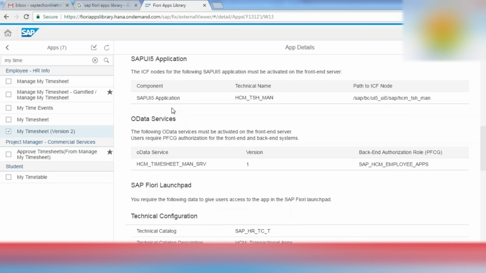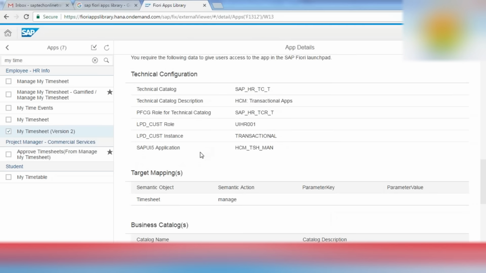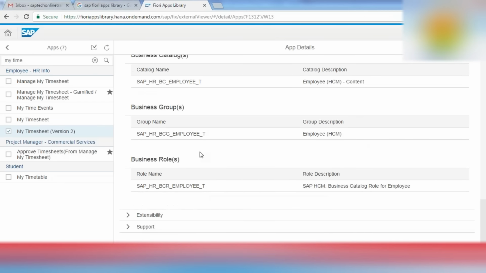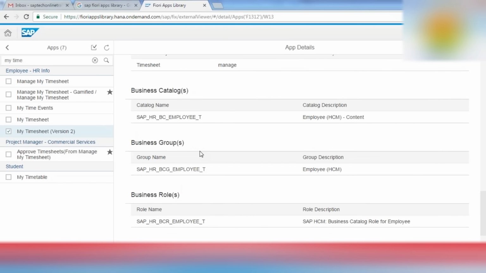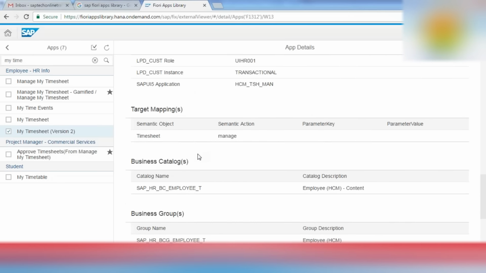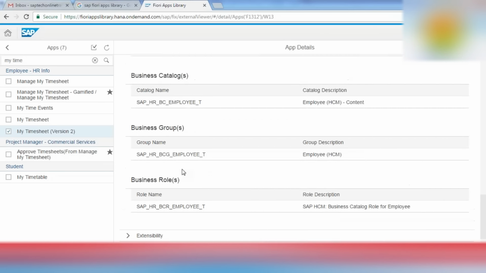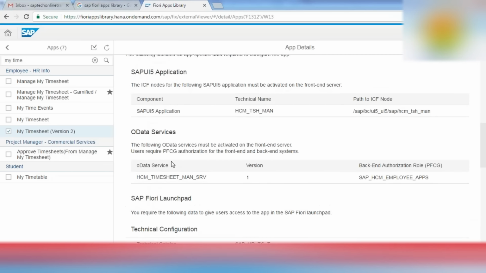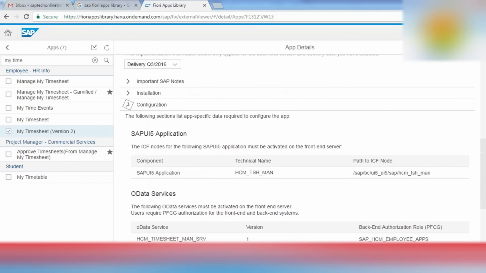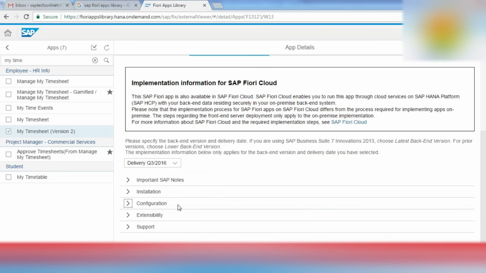That we need to activate in our system for this application. And these are the other roles that we need to assign while deploying this My Timesheet application in the system.